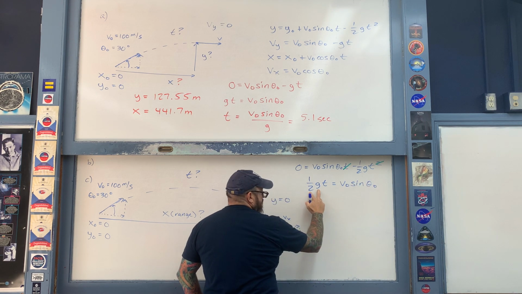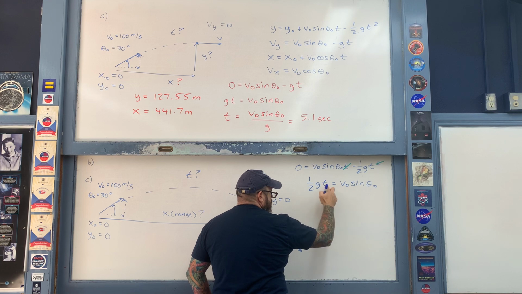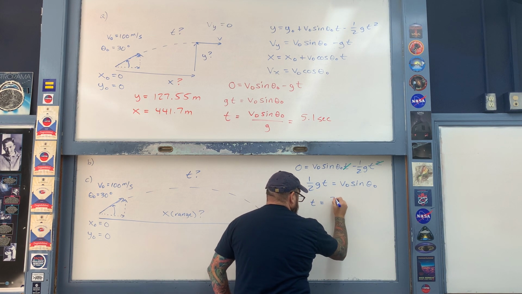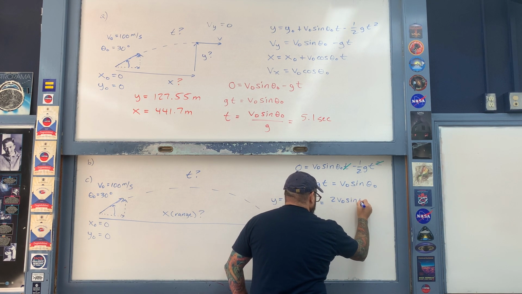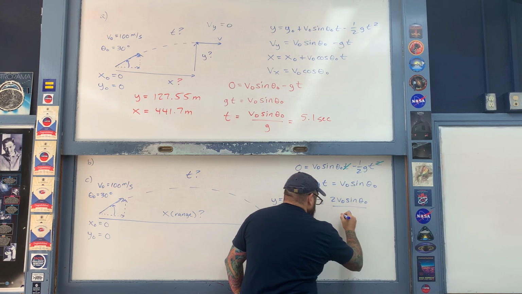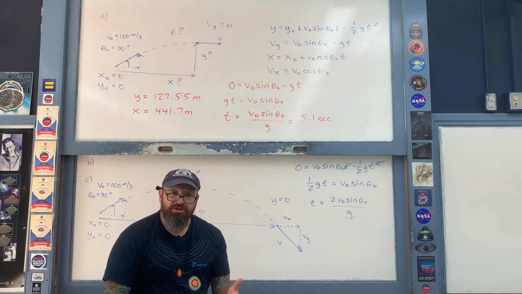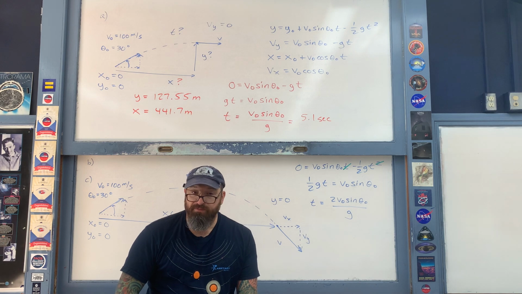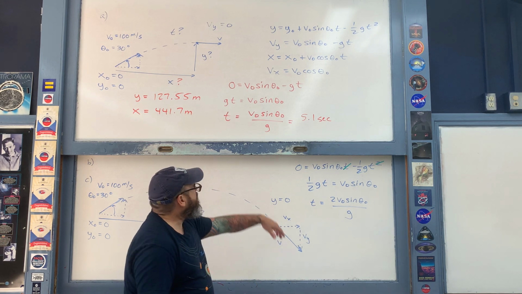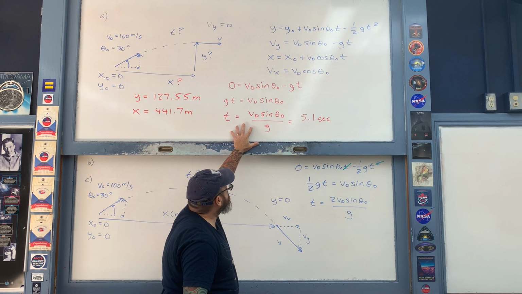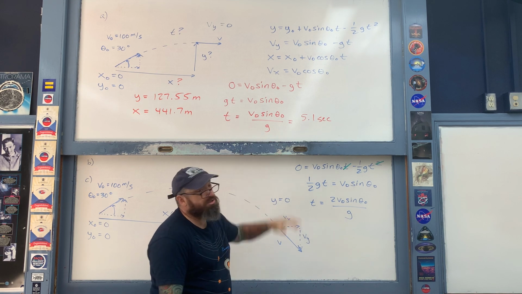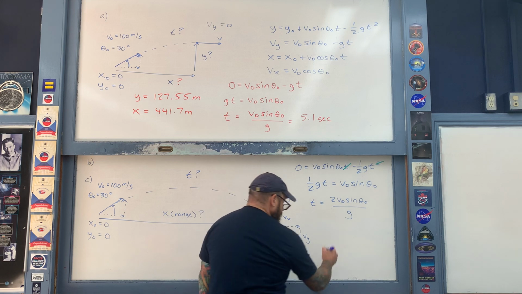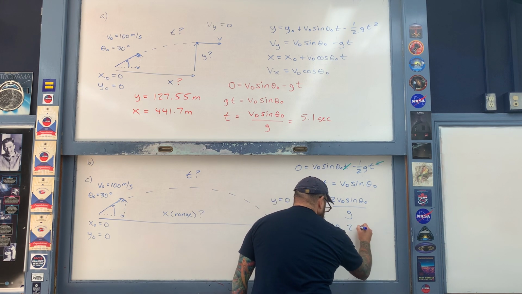Okay, and then cross multiply the 2 and the g over to the other side, and then that gives us the time t. Now if you take a look at this expression for the time t here carefully, which we found from this position equation, compare it to this time here that we used the velocity equation to derive for part A of the problem. Notice that this value here is twice as much, so then therefore the total time is, as you may have intuitively guessed,